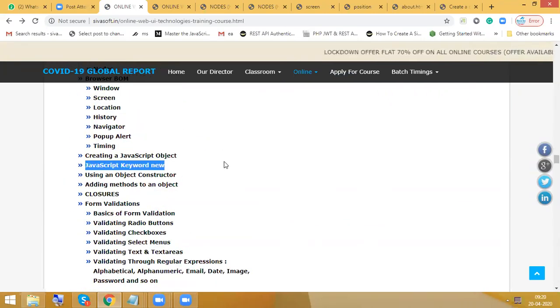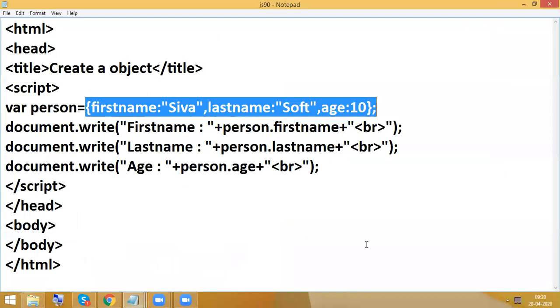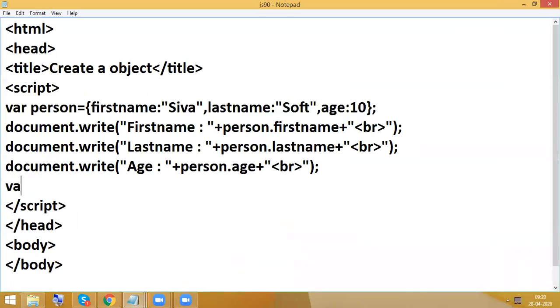Next, the same object creation by using the new keyword. Instead of declaring the object like this, we can also define it like this: variable person equal to new Object.